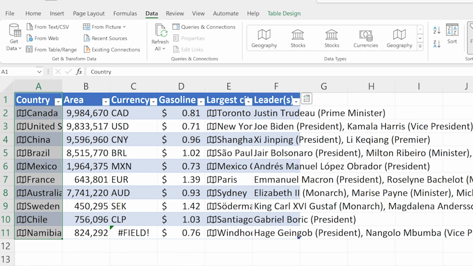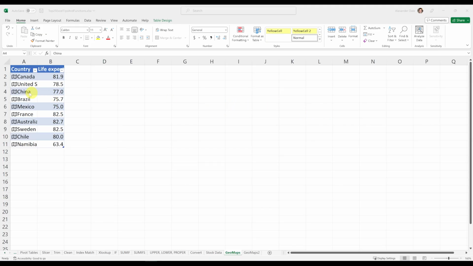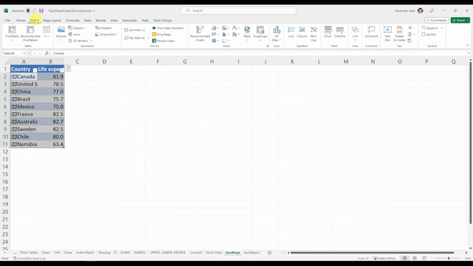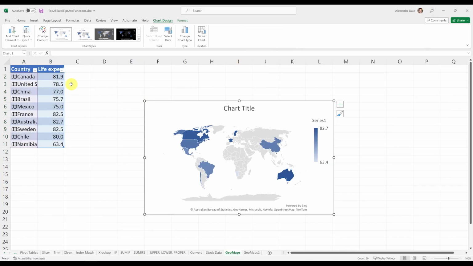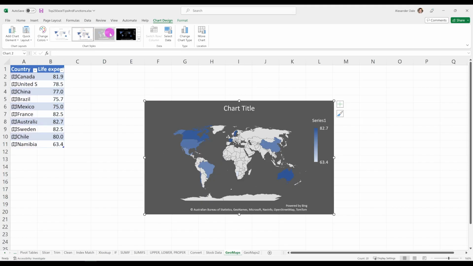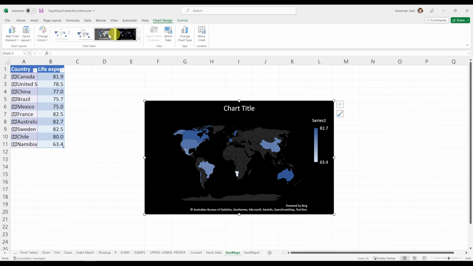Very powerful, very interesting. Another really neat feature with geography is that you can insert beautiful maps. So if you click on the Insert tab, and then you click on Maps here, you can add a filled map with the particular quantity that you have added there, and it'll shade it based on how strong that particular quantity is or how weak it is. So in this case, I have life expectancy per country, and you can see that countries with high life expectancy are darker, and countries with worse life expectancy are lighter. You can have different kind of formats for this, different kind of styles, and it looks very beautiful, clean, powerful,